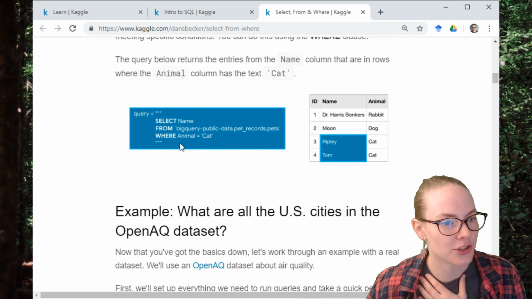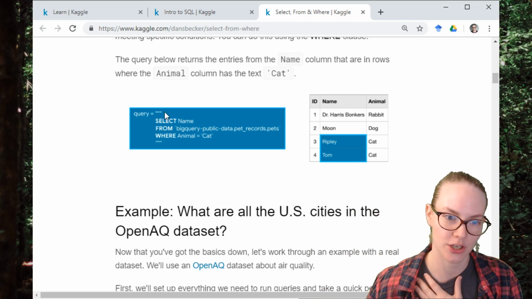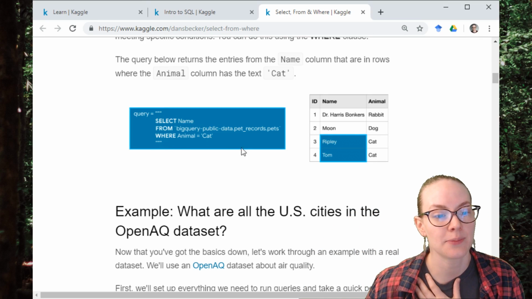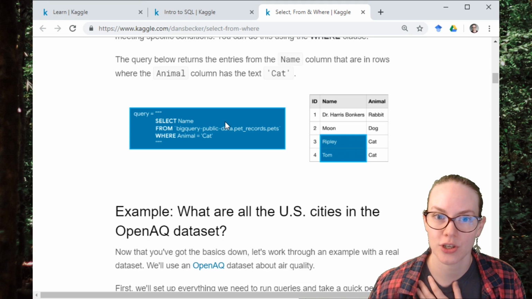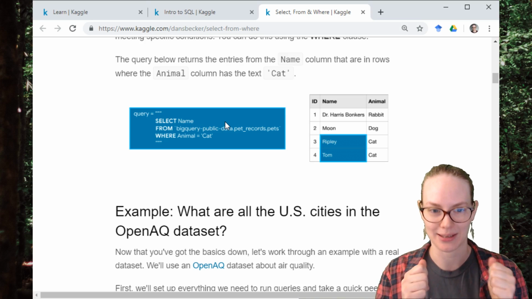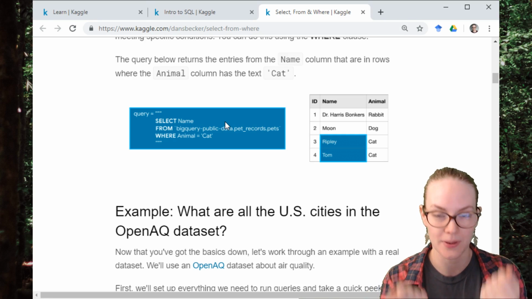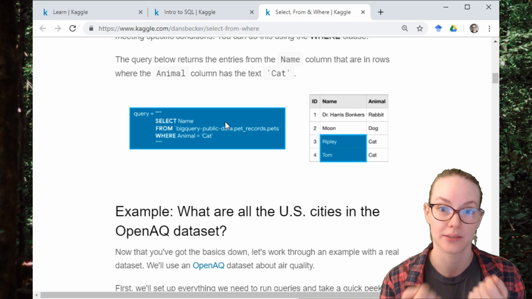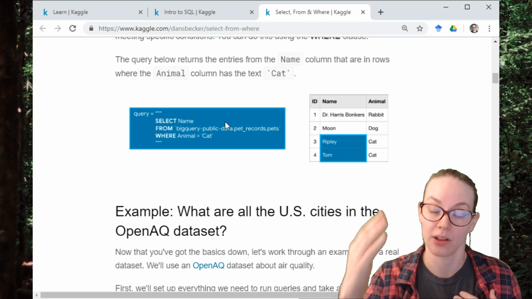A couple other things to notice here looking at this query. You can see that we have three little quotation marks above and below. That's because we're going to be sending this to BigQuery as a text string. So I mentioned yesterday that we're using the client. A client's like a little messenger. And the query is going to be a little piece of SQL that we hand to it as text, and it will take it over to BigQuery and then pass it to BigQuery, and BigQuery will evaluate it as SQL